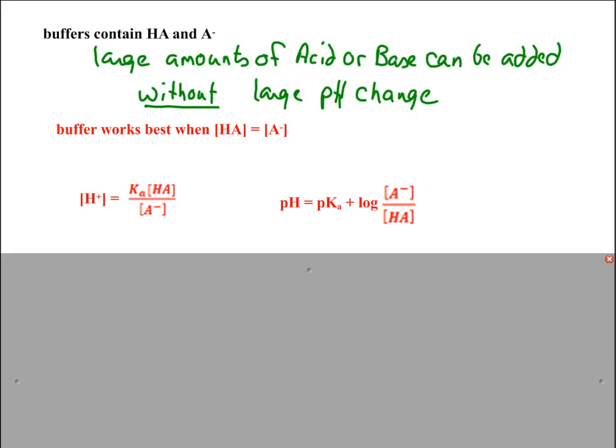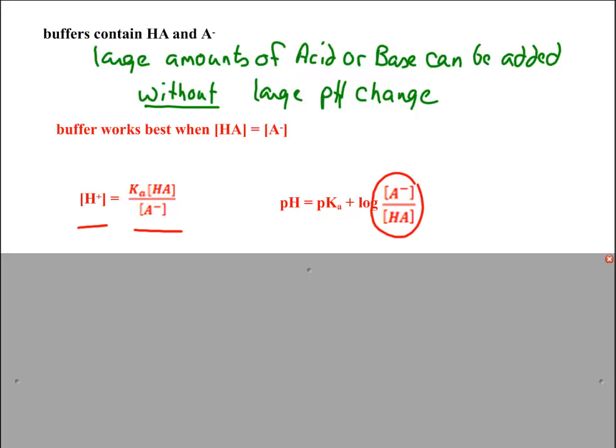Now, the equation we've seen before when we've looked at equilibrium expression is Ka. If we rearrange it so that we write the expression in terms of the hydrogen ion concentration, we have the hydrogen ion is equal to Ka times the acid concentration divided by the anion concentration. Now, if I choose to take the log of both sides, either natural log or base 10 log, I'm going to get an equation that looks like something to the right, where I have the pH, so this is the log of the hydrogen ion concentration. I have the pKa, that's the log of the Ka, and then I'm going to take the log of this